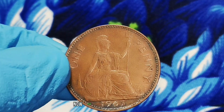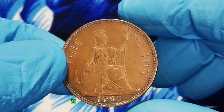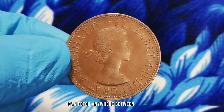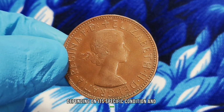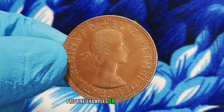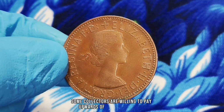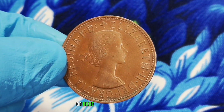Now, let's get to the exciting part, the market value. As of today, an extra fine condition 1963 United Kingdom 1 penny coin can fetch anywhere up to $300,000, depending on its specific condition and demand in the collector's market. However, pristine examples or those with unique characteristics can sell for even more. Some collectors are willing to pay upwards of $700,000 or more for coins that are graded higher or have historical